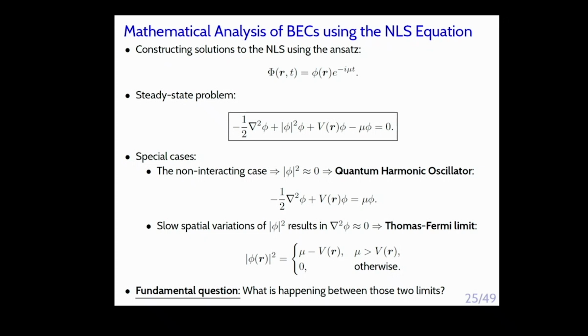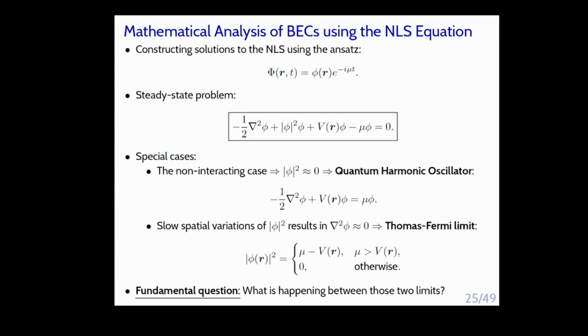One is when the number of atoms is quite small, the small density limit, meaning that I can kick out the nonlinearity, and what I get is the quantum harmonic oscillator, where I know everything here. I know all the eigenfunctions, I know all the energy levels, which are played by this mu here,